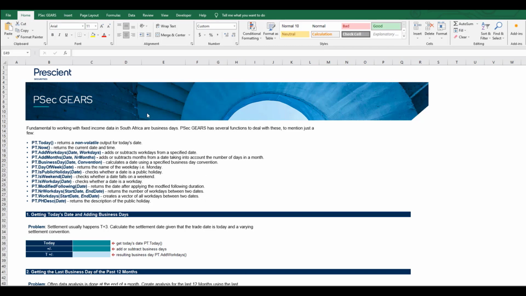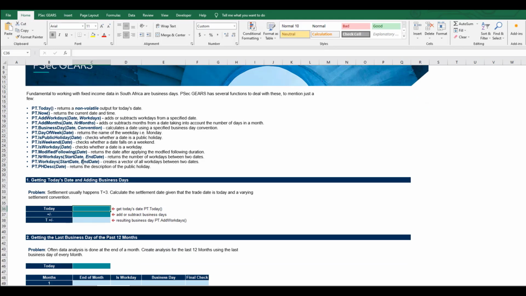The format for these videos is that the functions that are available in the general area of what we're working with will be listed at the start of the workbook. These workbooks will be available for download, and if you'd like, you can pause the video now to have a read through these functions, but I'm going to skip ahead to actually getting today's date in